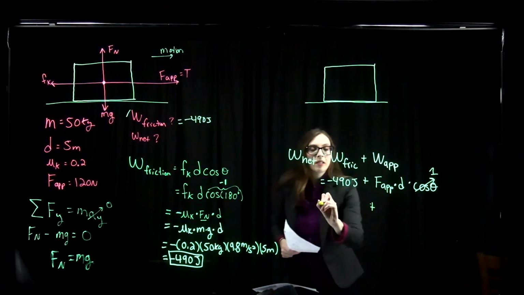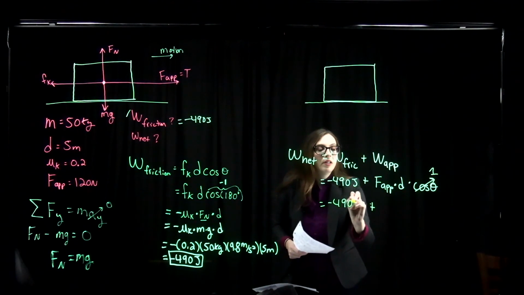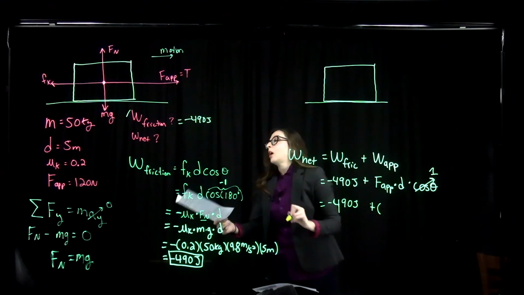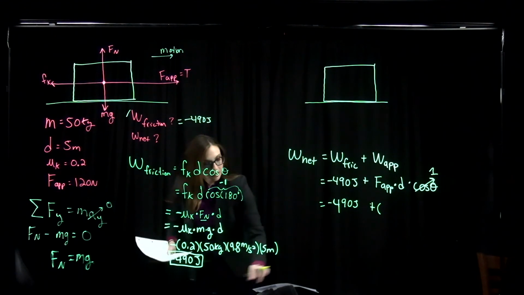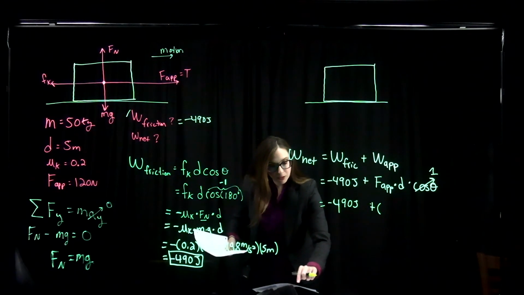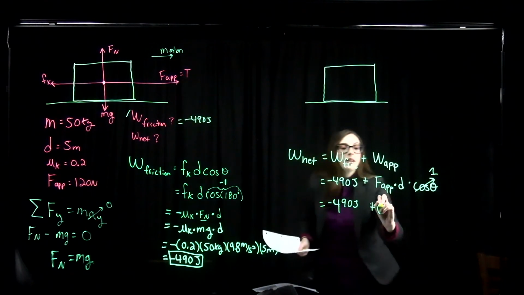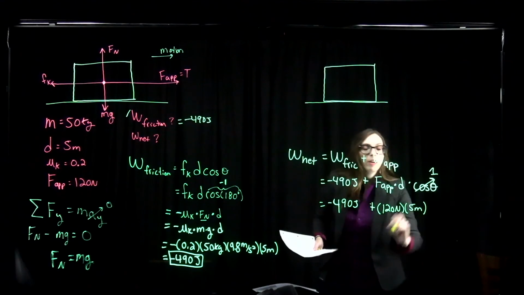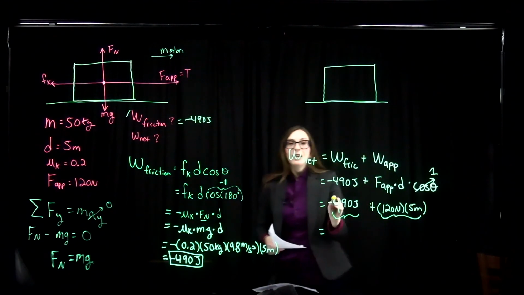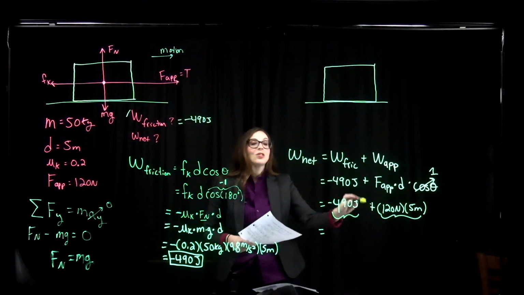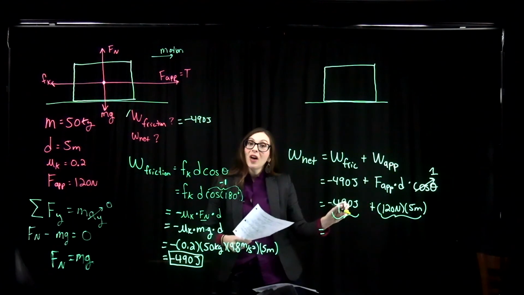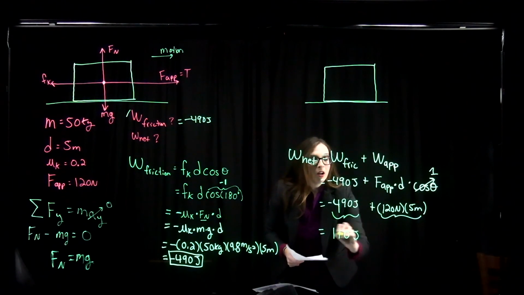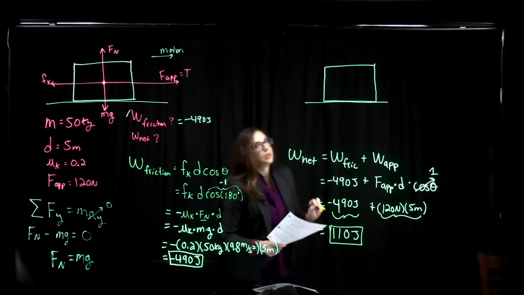So then this is equal to minus 490 joules plus our applied force, which, let's see exactly what it says. Person pulls on the sled with a force of 120 newtons. That's our applied force. And we are pulling it 5 meters with that applied force. So minus 490 joules plus 120 times 5 will give us a total net work of 110 joules